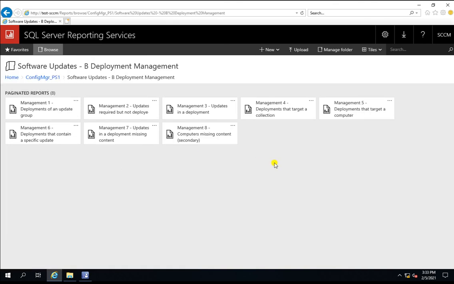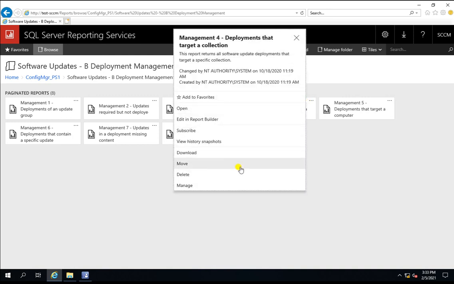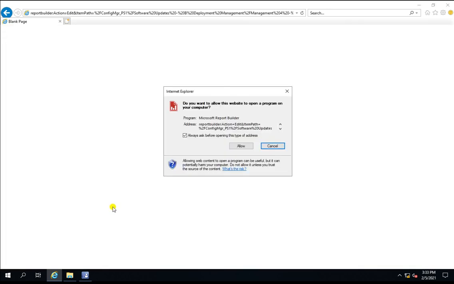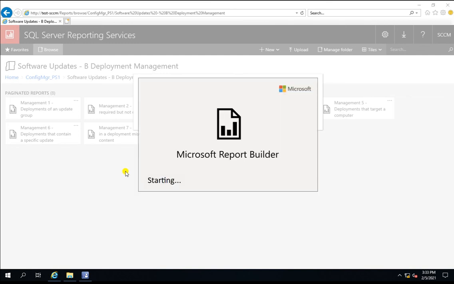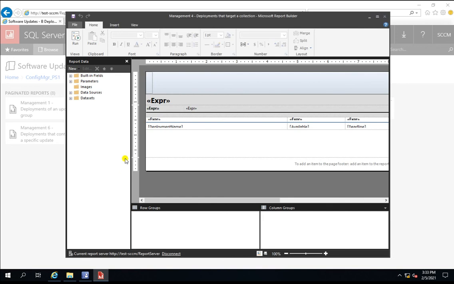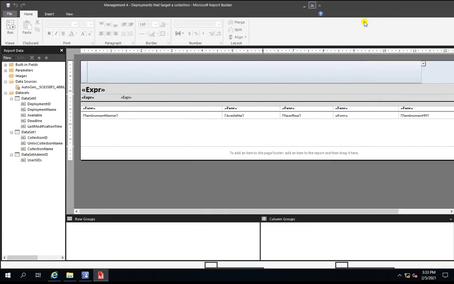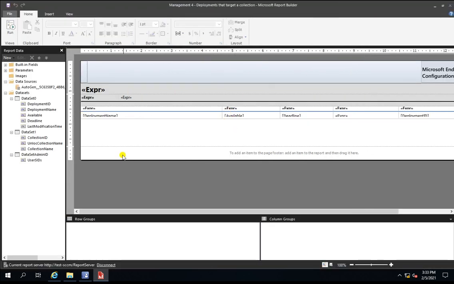I need to go inside, and in which report, suppose Deployment Targeted. Okay, now I can click here, allow, and now you can see the data source data, and this is how Microsoft has designed this report.